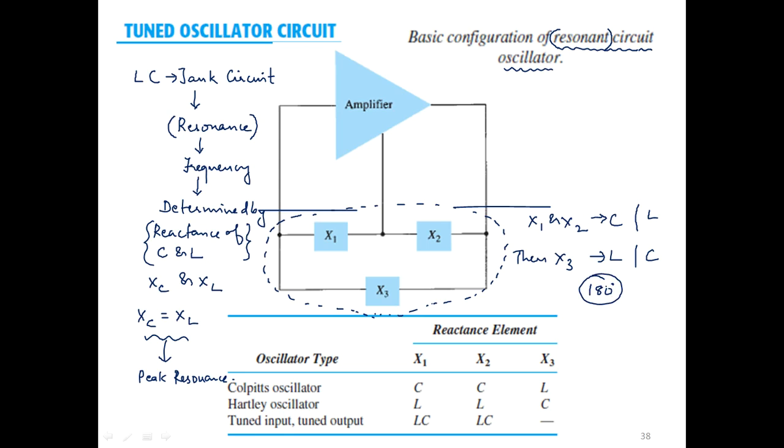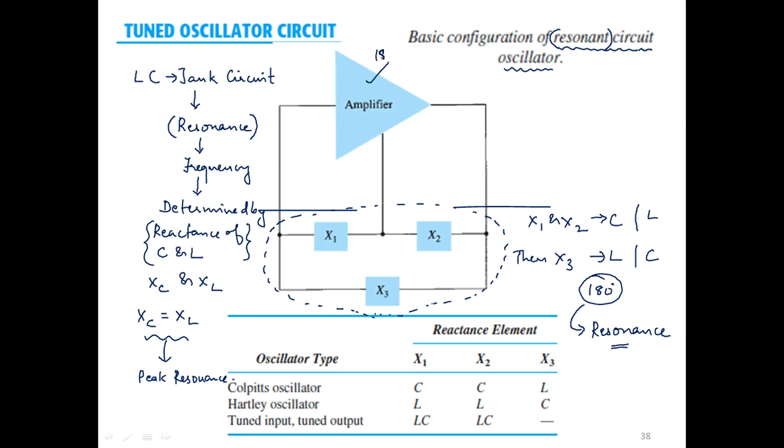Okay, so that is the sole purpose, and one special feature of this particular tank circuit is that we will be obtaining resonance also, which is usually not possible in the case of a normal RC circuit. Okay, all right, so that was about the block diagram of a resonant circuit oscillator,